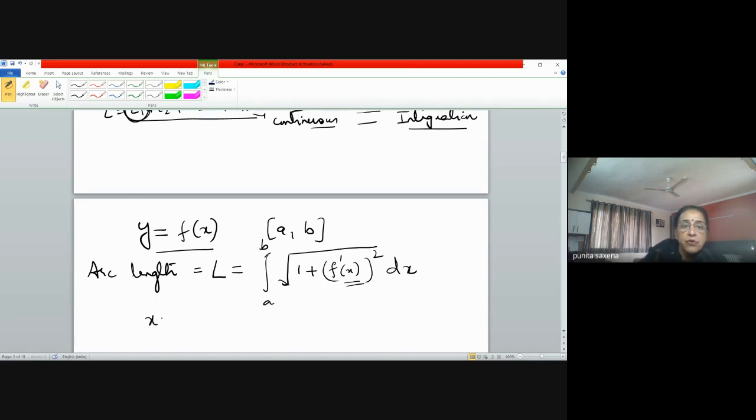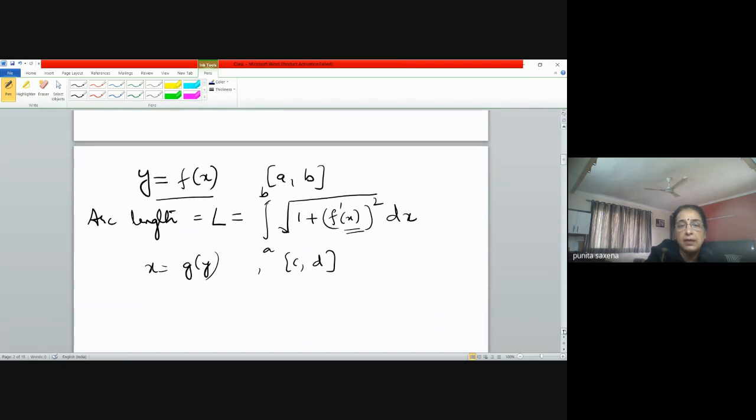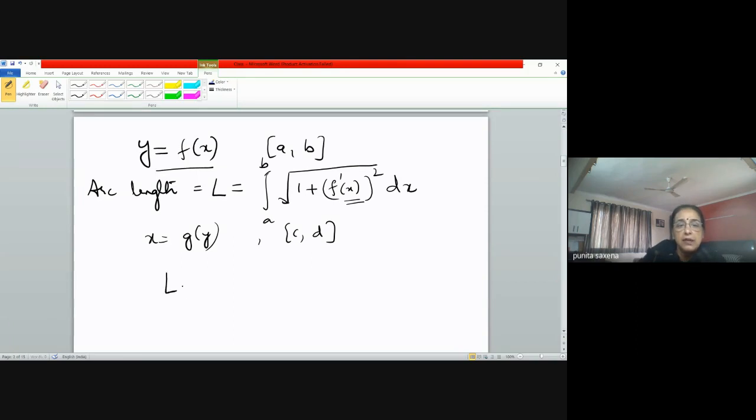Okay, similarly, if your curve is expressed as x equal to g(y) over the interval [c, d], then the arc length is given by, can you imagine what it would be? c to d. Now you have to integrate with respect to y. So it will be what? You have to differentiate also with respect to y. So g dash y square dy. So basically it's 1 plus (dy by dx) whole square, and it is 1 plus (dx by dy) whole square. Okay. So this is the arc length for Cartesian curves. This is how we obtain the Cartesian curves arc length.